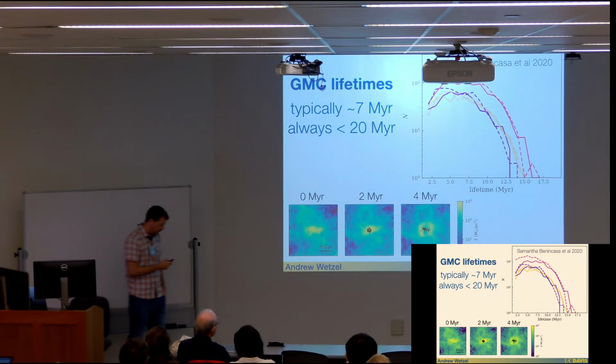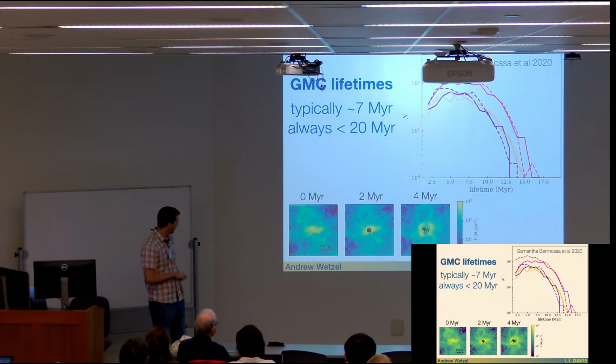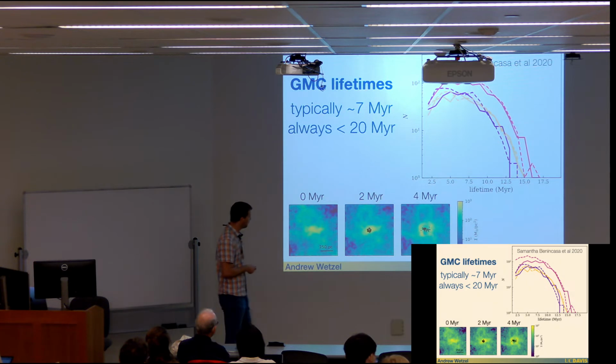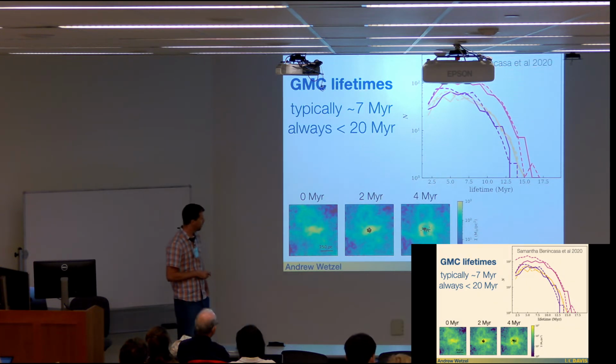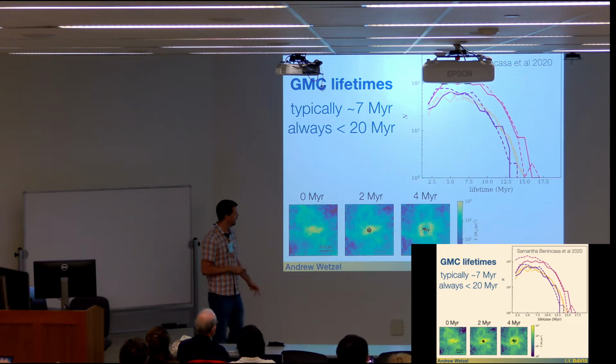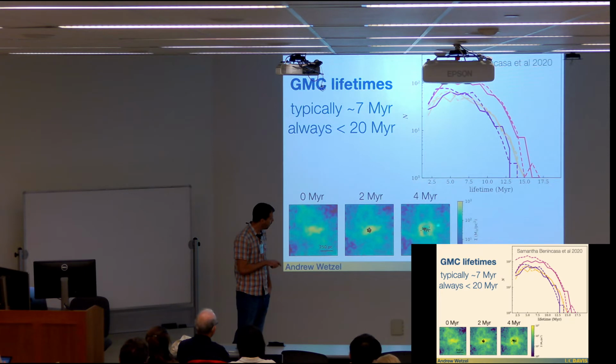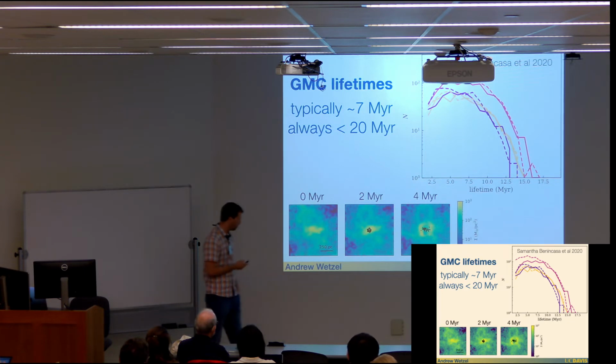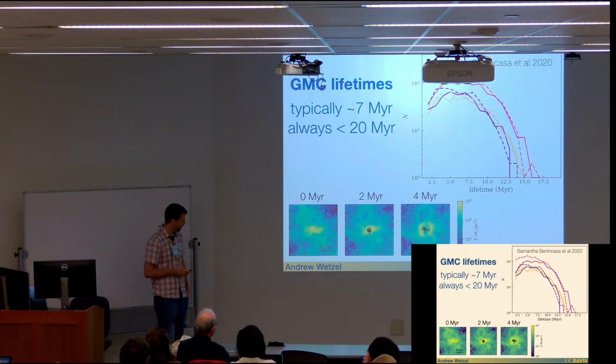And here's an image of one case study of what's going on. Here you see at time 0 a cloud that's in the process of collapsing. 2 million years later, a star cluster is formed, and just 2 million years after that, before the onset of any supernova, because of the combined modeling of stellar winds, photoionization heating, and radiative pressure, these stars are already starting to evacuate and destroy the cloud that they formed in this one example. So these are the typical lifetimes across all of the simulations.